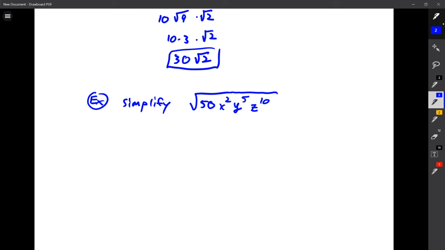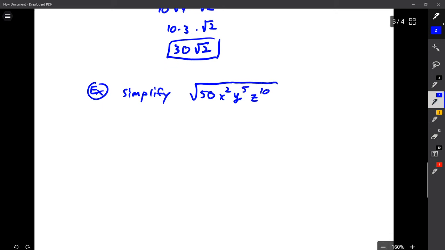All right, let's see what we can do. So again, simplifying, we are wanting to pull out any perfect squares. Anything that is something times itself can come out. So let's see what we have. Well, the square root of 50, that is the square root of 2 times 25, right? And 25 is a perfect square. It's 5 times itself. So since we have 5 times itself inside a square root, that can come out,